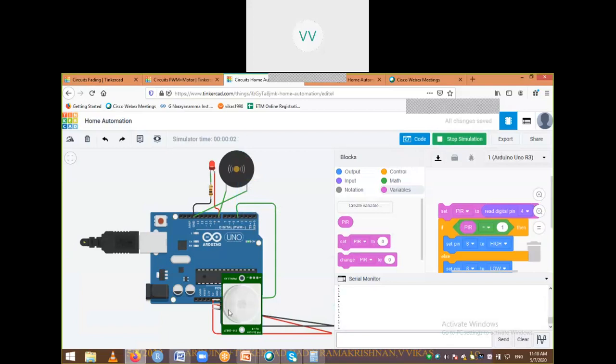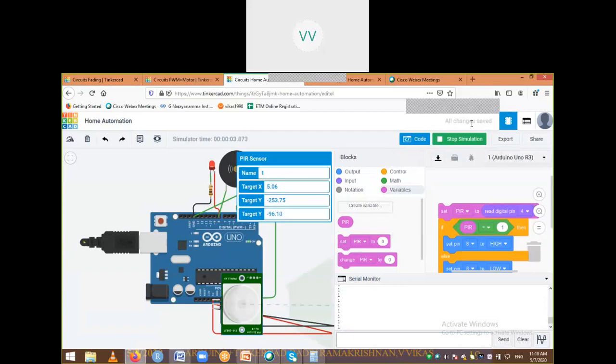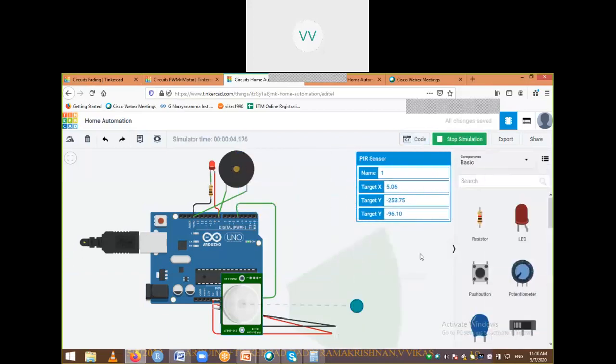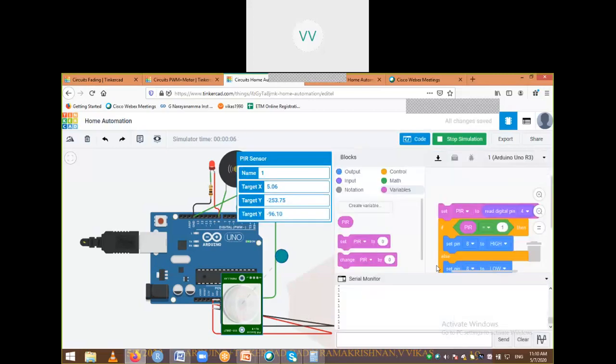Okay, it's generating some value. Let me see where. Let me drag this over here so that it stops first. Actually, there will be some delay before it can detect that as 0.